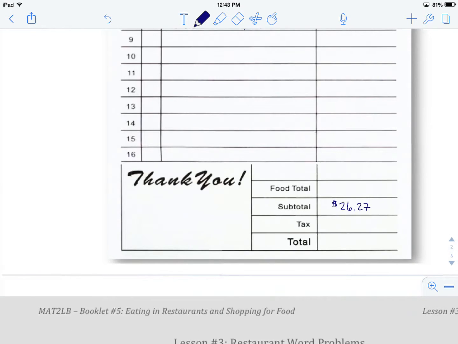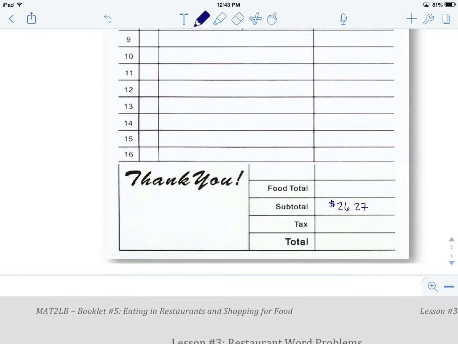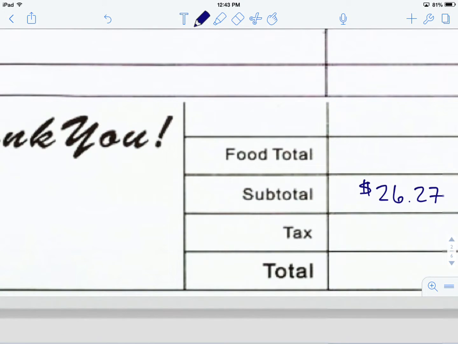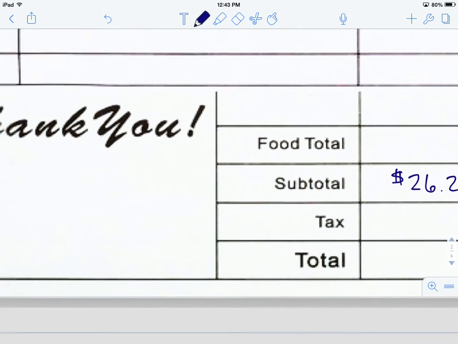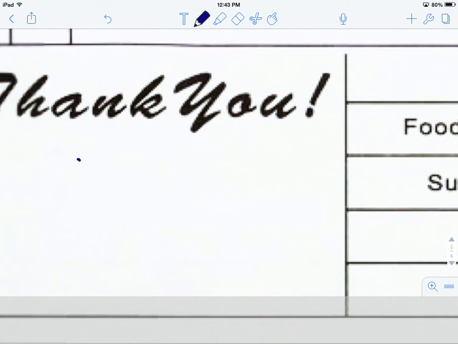$26.27. At this point now we have to calculate the tax, and if you recall, tax when we're talking about buying food and other goods is going to be 13%. So what I want to do is find out how much the tax is actually going to be. So I'm going to write this over here in the tax section. So 13% written as a decimal, which we would take 13 and divide it by 100, gives us 0.13. We're going to multiply that by the actual cost of our meal so far, which is $26.27. We're going to type that into our calculator, and it's going to tell us how much tax there is, and that gives us a total of